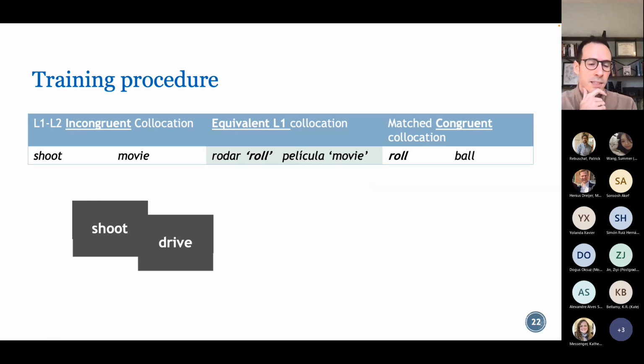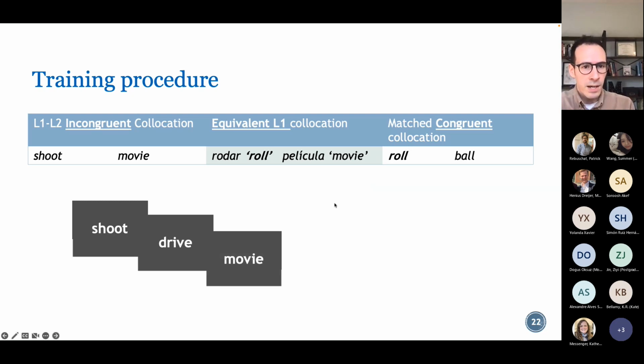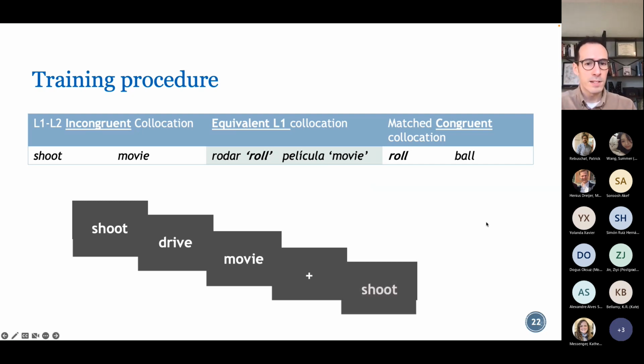What this looks like is, they saw a sequence of screens. In the first screen and the second screen, they saw 2 verbs. Any of these could be, in principle, a candidate for selection. And then on the third screen, they saw a noun that allowed them to choose the correct verb based on what they had been familiarized with. So they were asked to produce out loud the correct verb, and then after the response, they got immediate feedback.